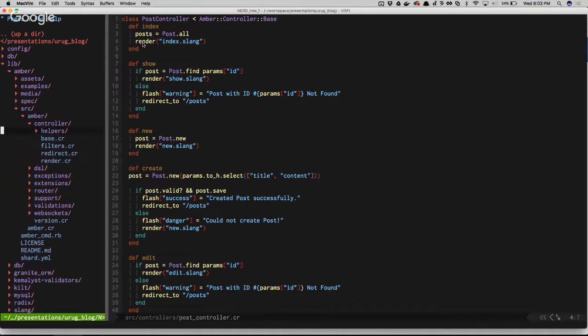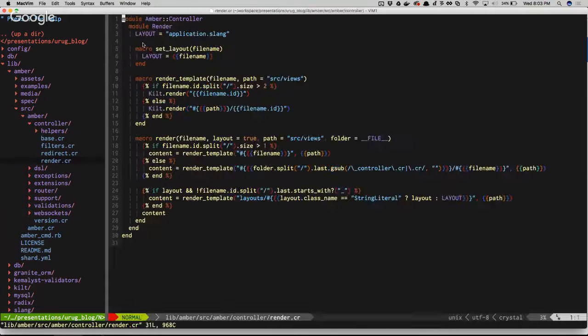Well, here's controller, then we have render. So right here, this is a macro. And there's a file name, the layout, by default it's true. And inside of it you have some kind of weird syntax right here, which is basically, you know, eval this at runtime. So it is, yes.